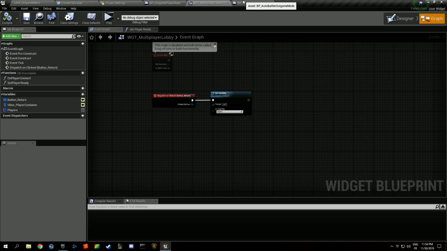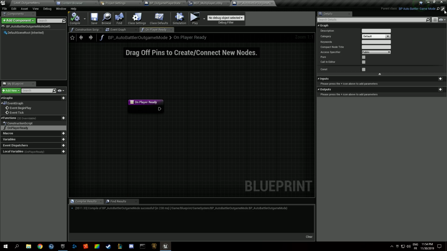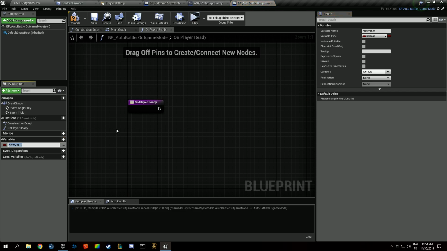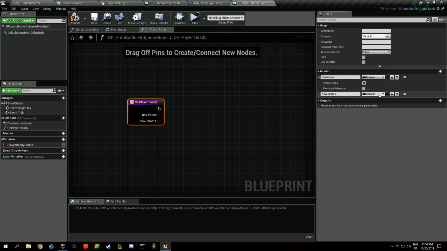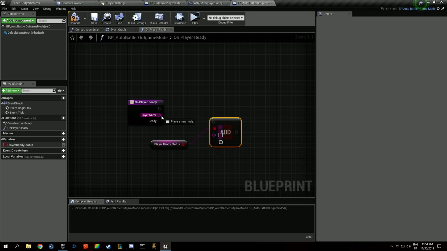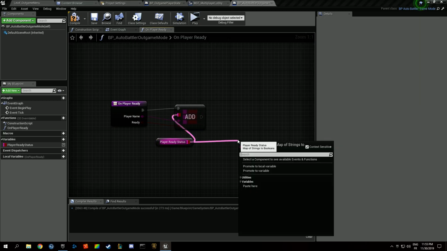I think the game mode is going to have a reference to all the players' ready status. So we're going to have a new variable named player ready status, which is going to be a map of name and boolean. On ready player is going to have the same parameters, player name and bReady, that's it. And we're going to add to that map the player and the ready status, and then we're going to loop through